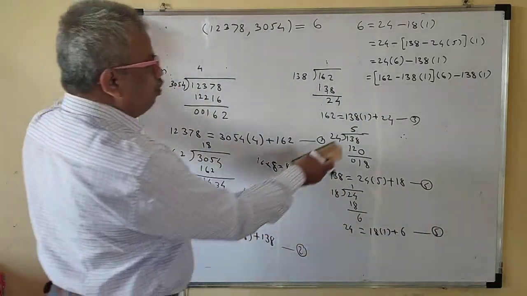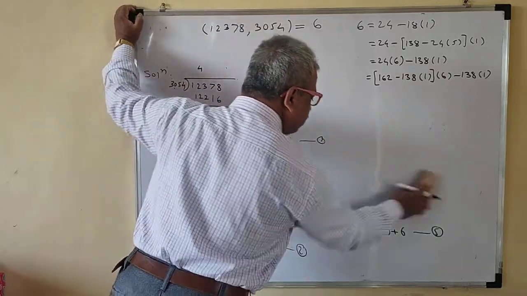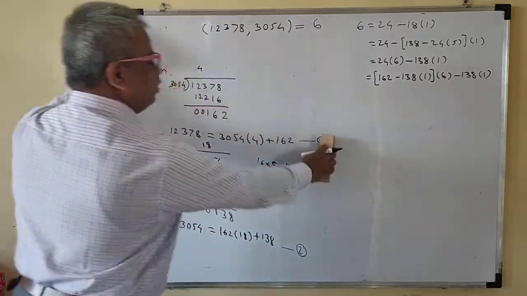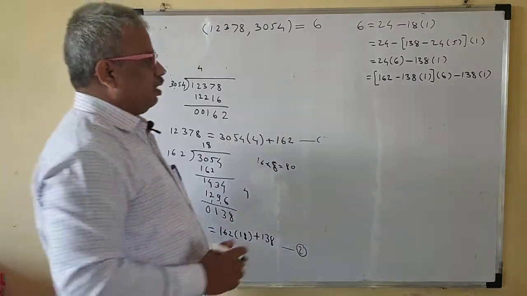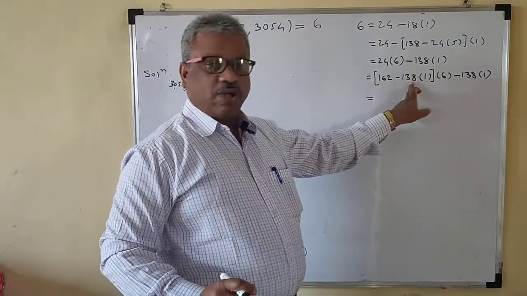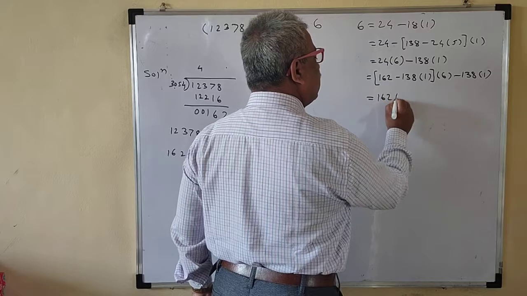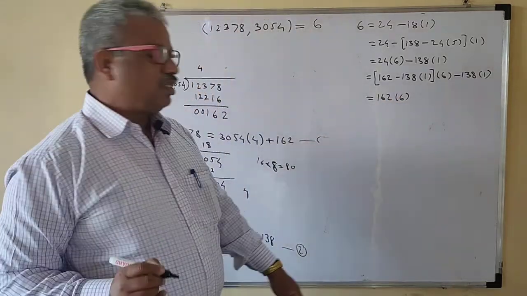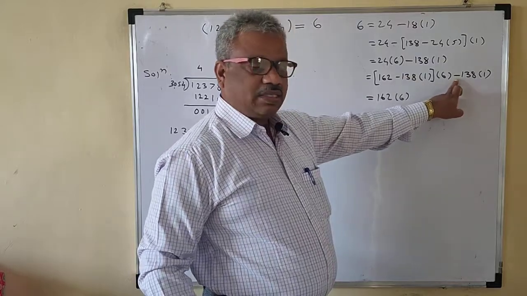Okay, so now I have put the value of 24, so I don't want this part, so I erase that. So numbers are not important here. Whatever numbers you are given, we are not using them anywhere. So now we'll collect 162 and 138. So how many 162 are there? So there are 6, 120, 162. Now this is minus, again this is minus, right?